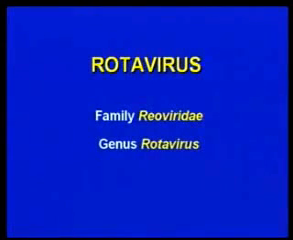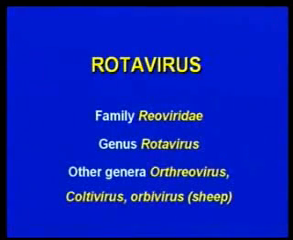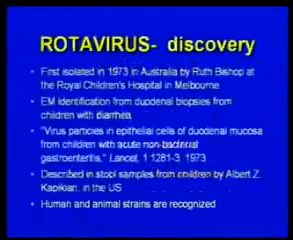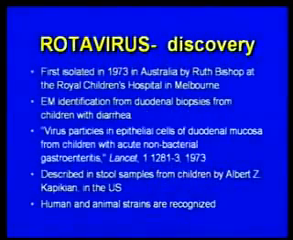Within this family, there are other genera called the orthoreovirus, Colti, and orbivirus, which are animal pathogens. The chief human pathogen in this group here, this family, is the Colorado tick fever virus. And there are some other viruses that do cause less prevalent gastrointestinal disease. Well, we're going to focus on rotavirus, and I said that the discovery was in the early 70s based on